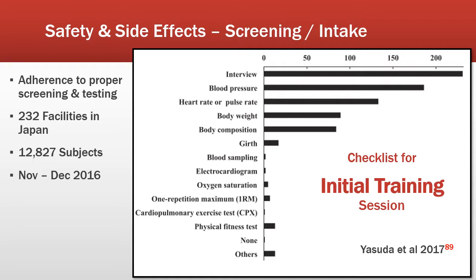So they interview, they take blood pressure, hemodynamics, body weight, body composition they actually take, which is surprising, just given that it may not have a huge implication. You can get that really from their BMI as far as stratifying the risk, and we'll talk more about that. These other things I was also quite, I actually was questioning the fact that so few of these facilities took girth, and so few of them actually looked at or calculated the 1 RM,